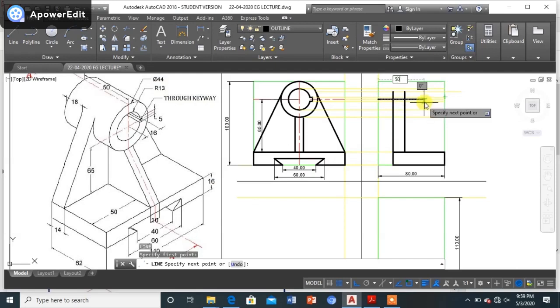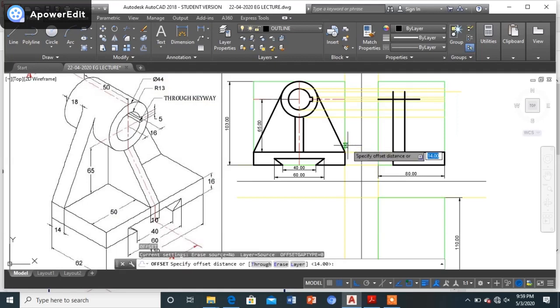So let me make a line of 50 mm, so that will make my job simpler. I can make it above and below, first by 13 mm each, then by 22 mm each. So better let me do it as it is.